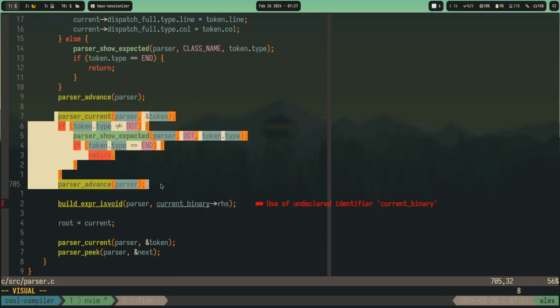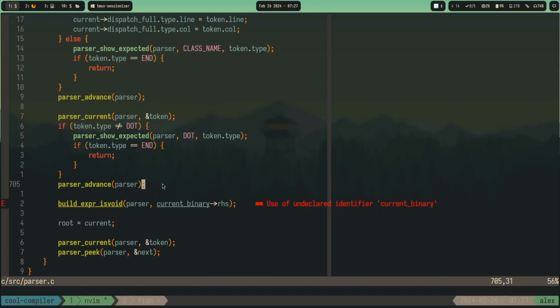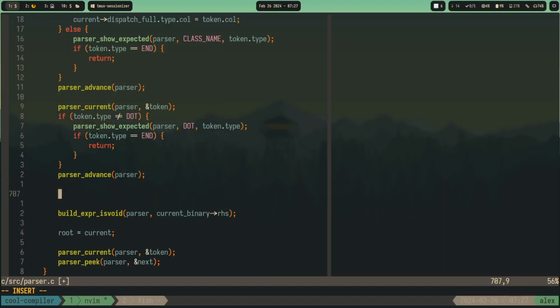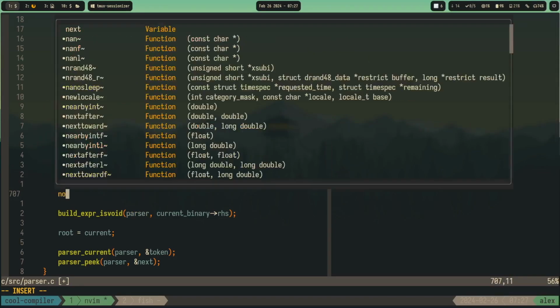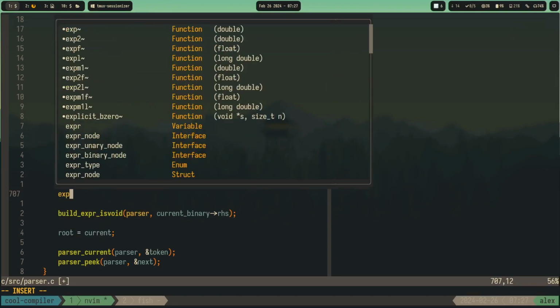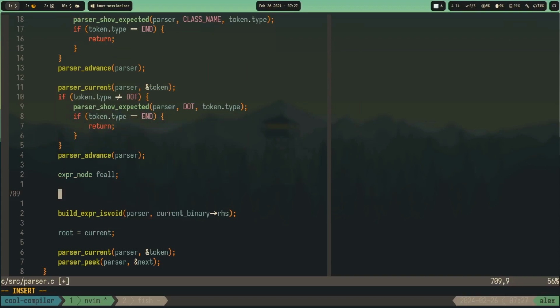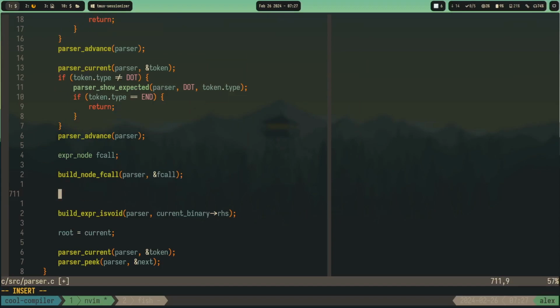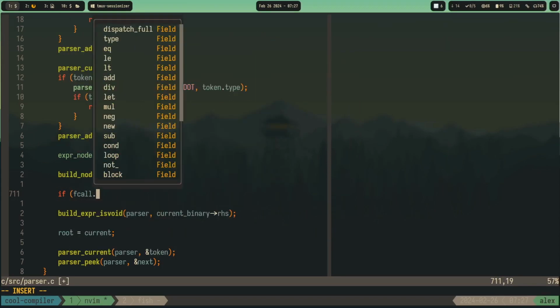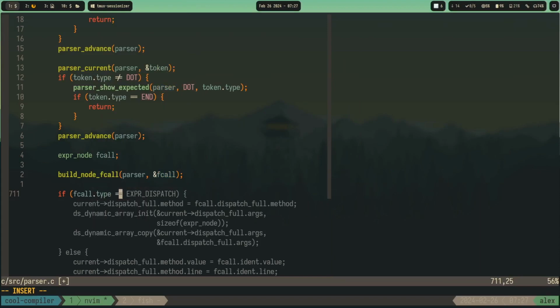And here, after we find the dot, we need to say something like node, what is like expression node fcall, build node fcall, we build a node. Okay, something like this. If fcall dot type is equal to expression dispatch, then we should be able to just